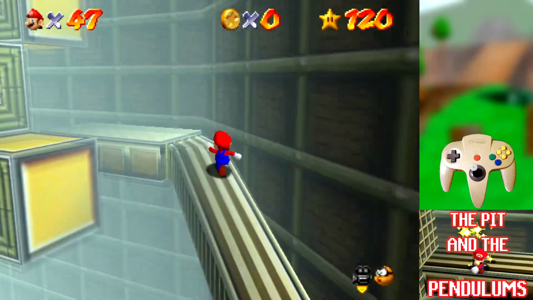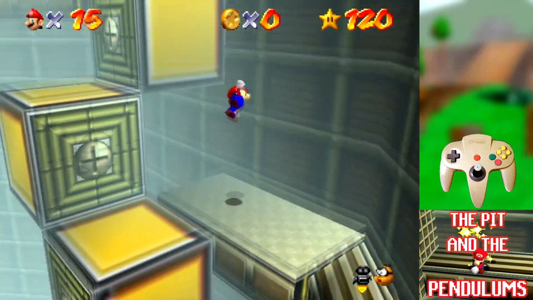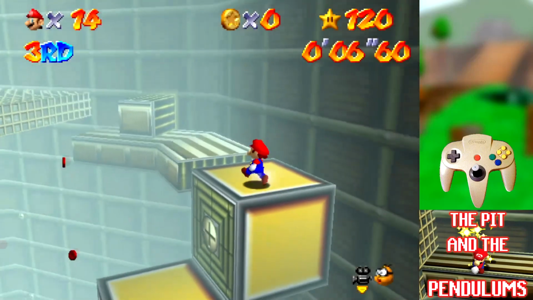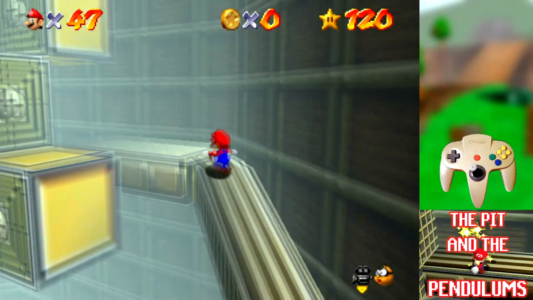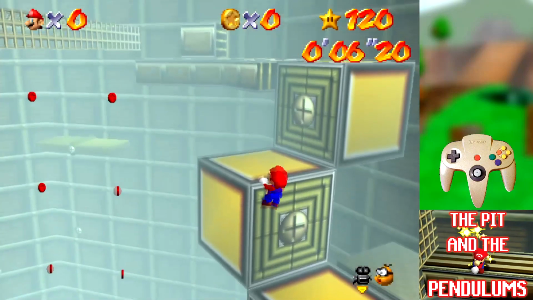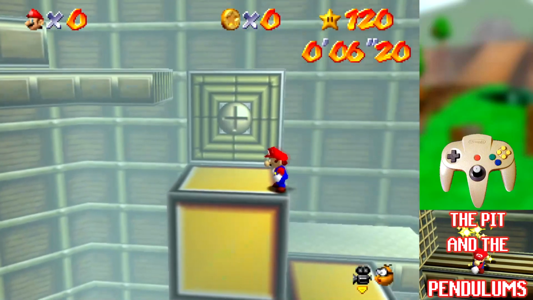In the previous 2 stars, when we got to these yellow blocks, we would do a side flip, a wall kick, and land on top of the yellow blocks. But here's what we do for this star. First, we jump onto the second yellow block. From there, we need to face a very specific angle, and from a specific spot, we do a small jump